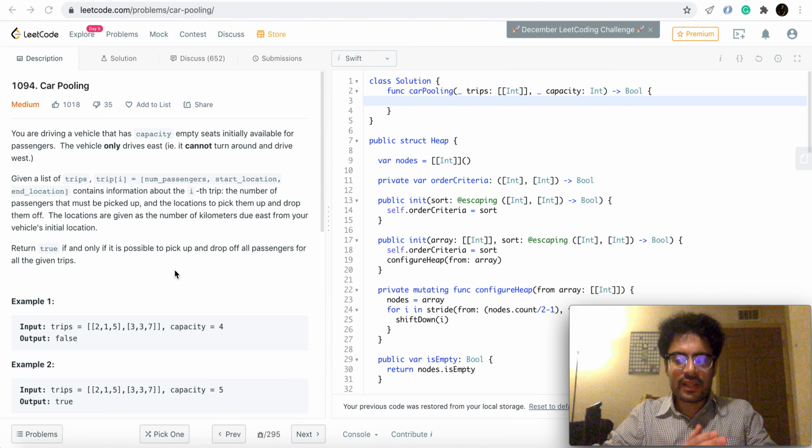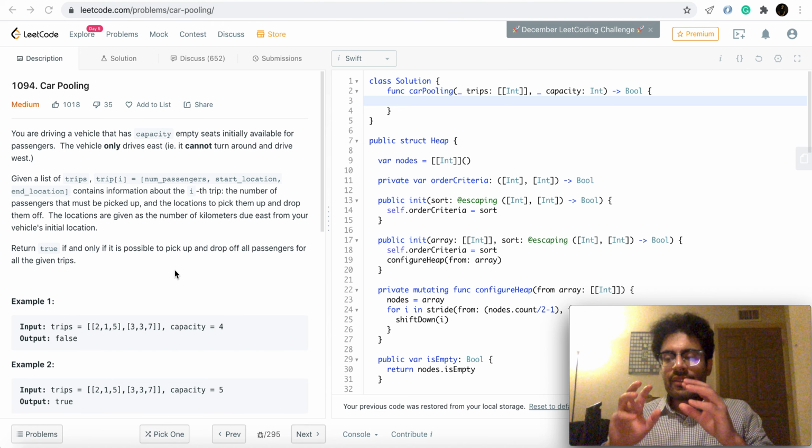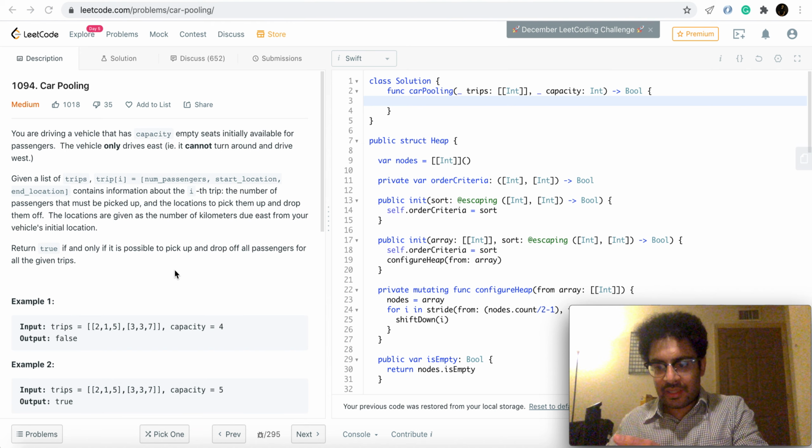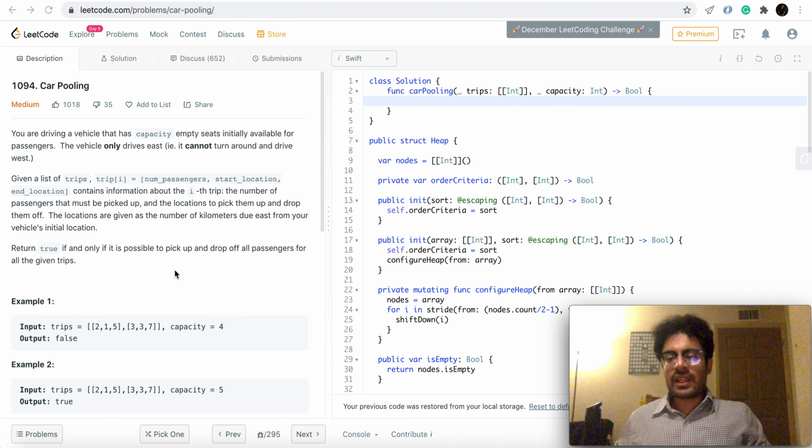There will be an array that holds that information, the sorted array of trips, and they will be sorted by start time. The second is the min heap. The min heap will hold the context of the current situation in the car. It will hold information about all the trips that are currently being serviced by the car. That is what the min heap is for. And the trips in the min heap will be sorted by end time.